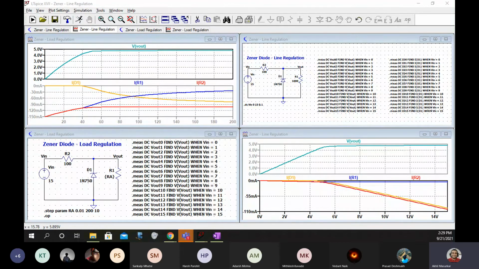Harsh, output is okay, but make the background white and keep the grid on.